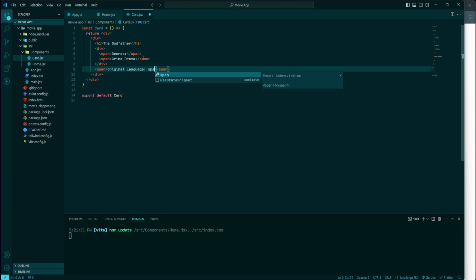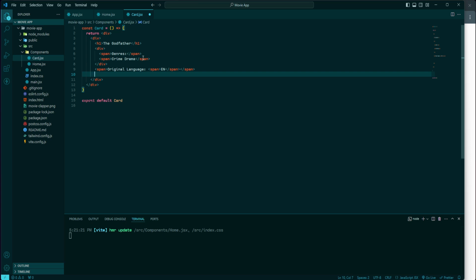Then we need again a span element, and I'm going to insert here EN, which stands for English. All right, after that, I'm going to open again a span element, and it's going to be release date. Next, we need again a span, in which I'm going to insert the date, let's say 1972